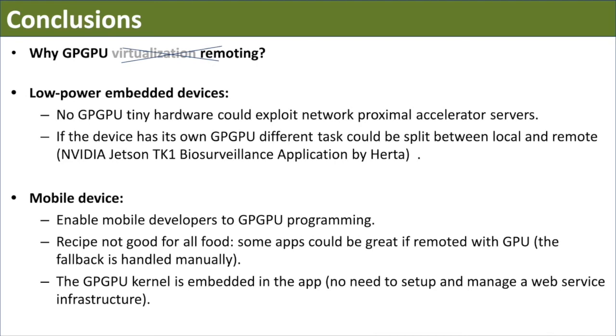Then we have the scenario made by mobile devices, because in this way we enable the developers of mobile device applications to use GPGPU programming. Actually, again, this is not a web service based idea. Using GVirtuS, we don't have to create a web service, maintain the web service, and make the web service interact with the actual GPU performing the computation. In this case, everything is much easier because the developer has to develop